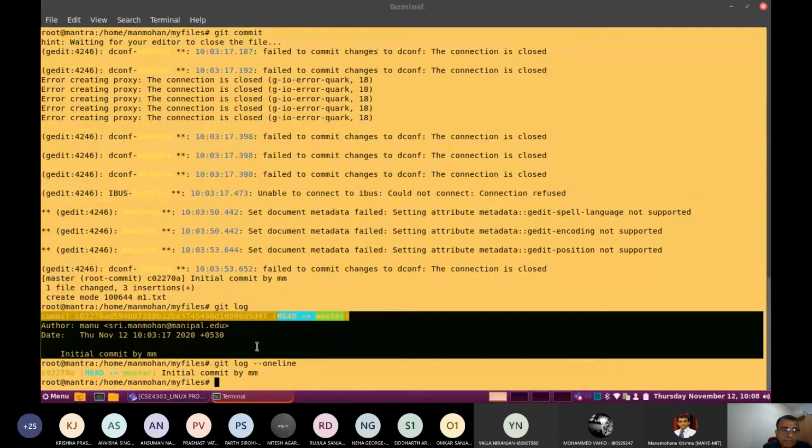With the git log one line option, you are getting condensed information: the first 7 characters of the hash code, C02270A, instead of the 40 character alphanumeric SHA-1 code for the commit you have done.